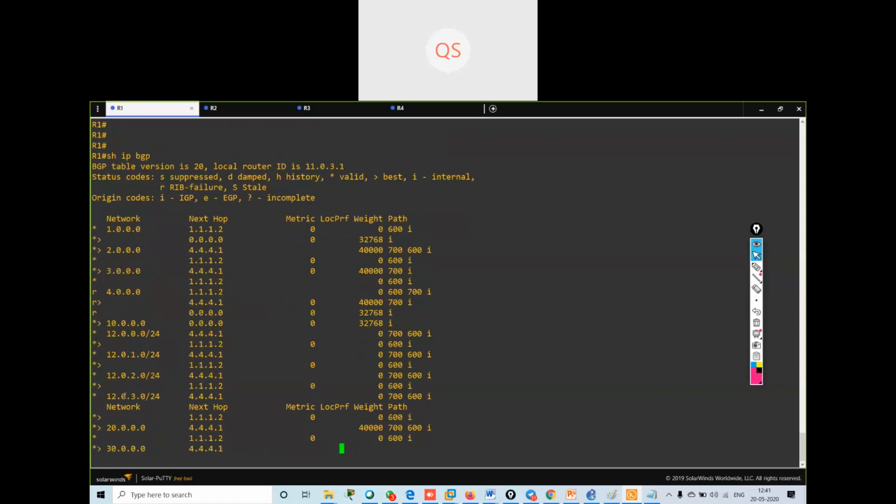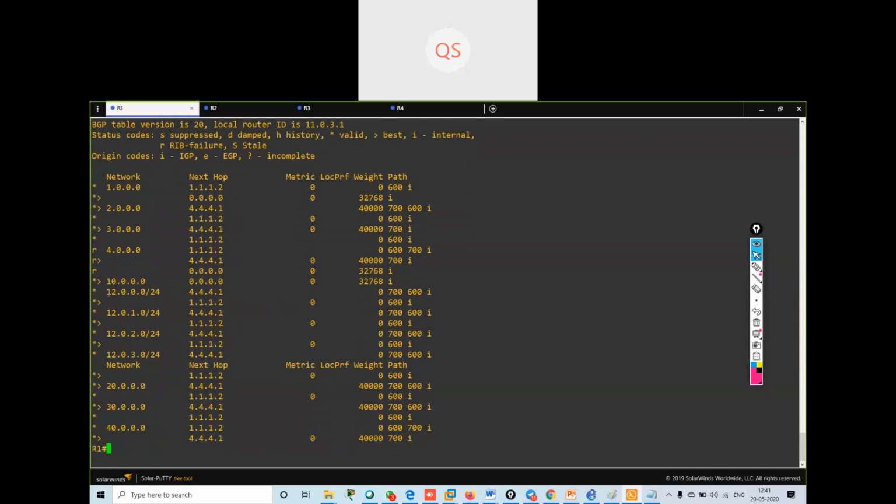See my 12 dot network. It is using the best path 1.1.1.2, with next hop, metric, local preference and wait. 1.1.1.2 is the next hop address.